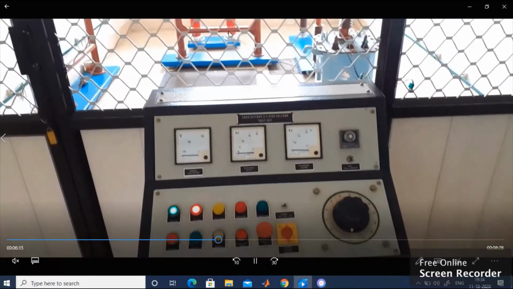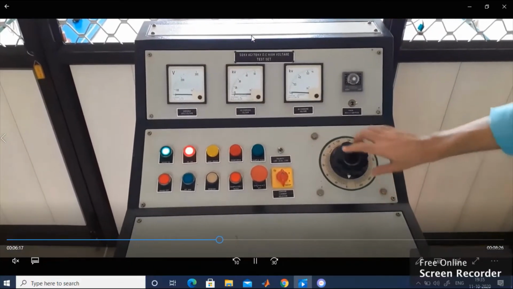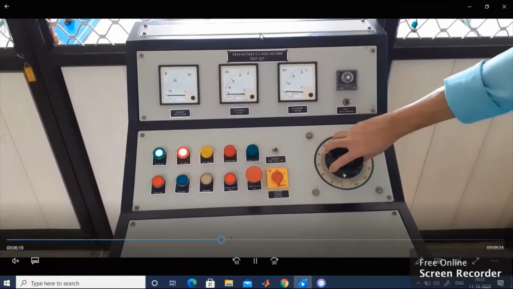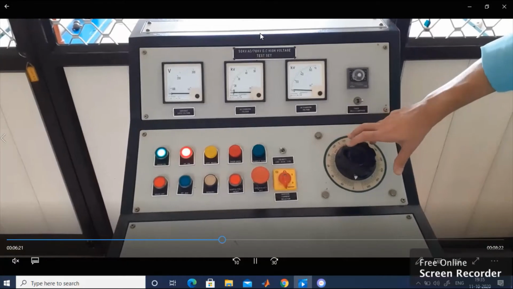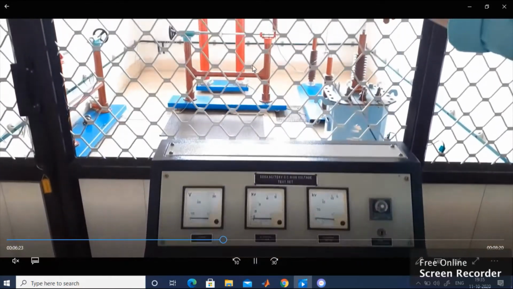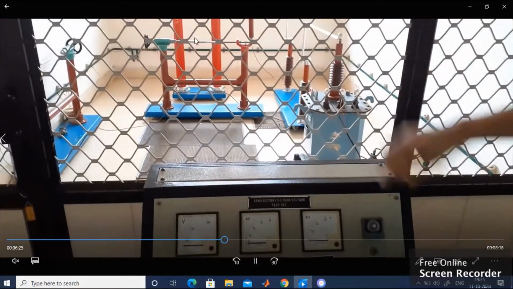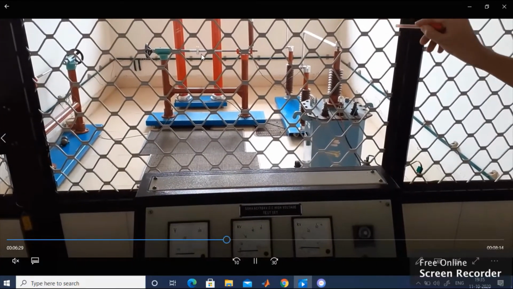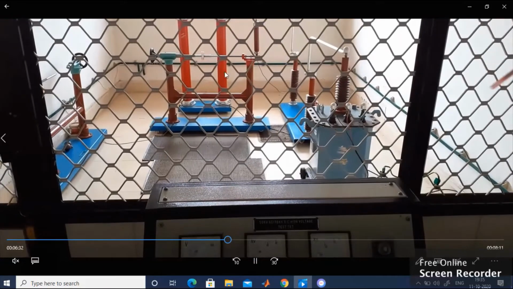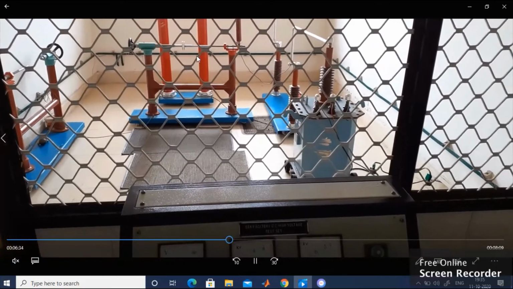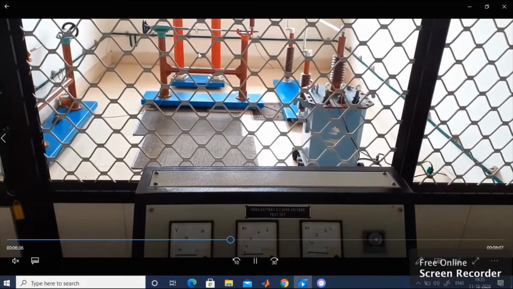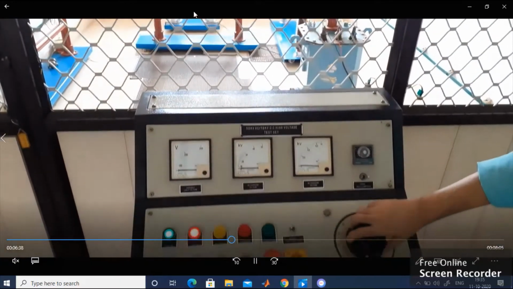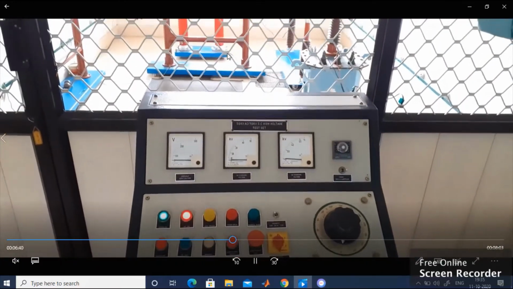The medium which you are going to use is purely air. When the breakdown has happened, you have to note it down. Now I would like to vary the dimmer stat very slowly, and at the same time pay attention to the gap, that means the distance between the two electrodes. Once the breakdown voltage has been reached, there will be a spark or some kind of noise that can be observed.